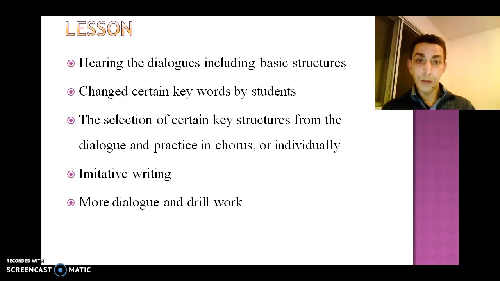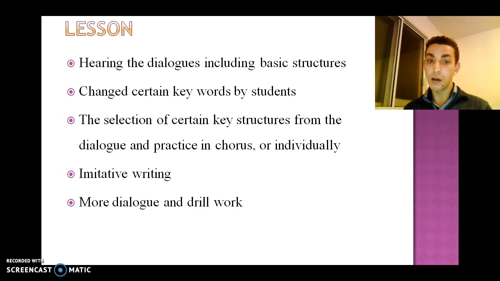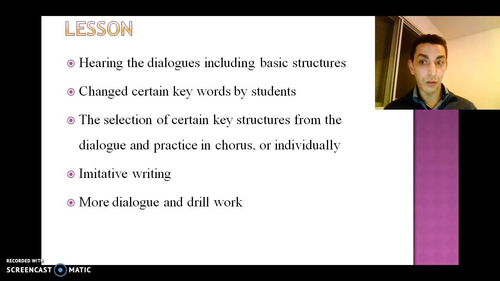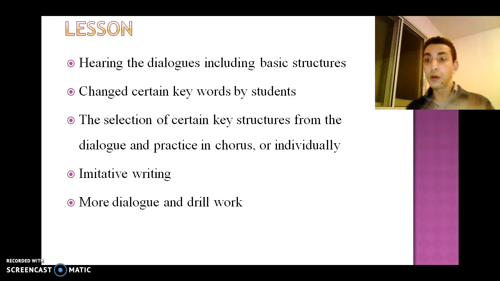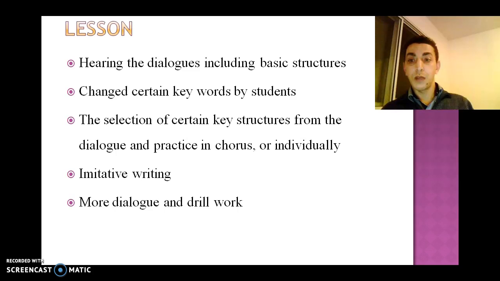Here, a typical activity in the audiolingual class, it starts all the time with dialogues, listening, then changing the keywords. It's like drills, repeating those keywords, and the selection of certain key structures from the dialogue, and practice in chorus or individually. So it's again here repetition and imitative writing. So again, there's no creativity from the students. So you just repeat here what has been mentioned before,